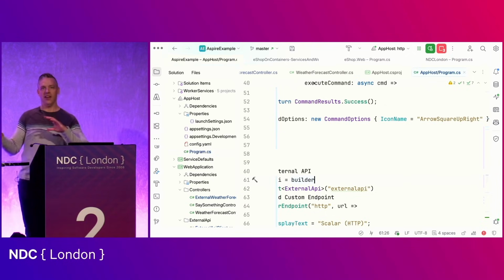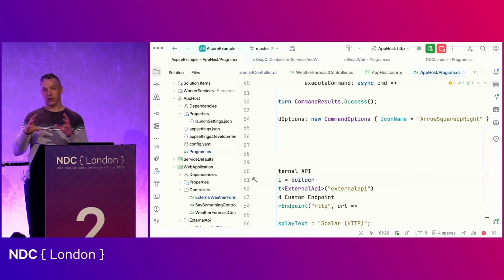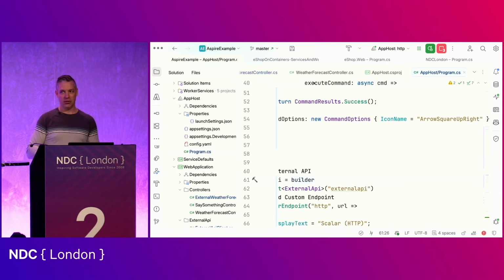So one of the other things that Aspire has for us is an OpenTelemetry compliant server to collect telemetry data and then to display it to the end user. You will see this and you will wish that this was what you had in your environments because it is so much better than App Insights or almost any of the tools I've used out there. This telemetry dashboard is miles ahead of those things. So to get those all up and running,